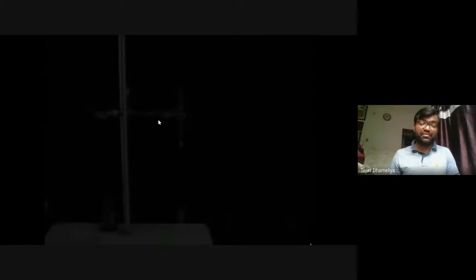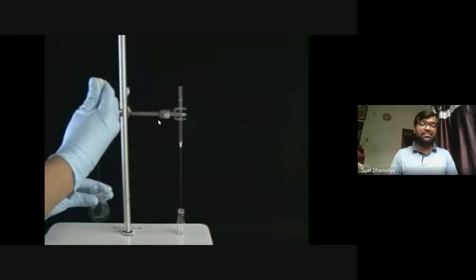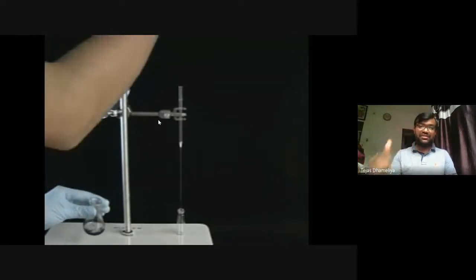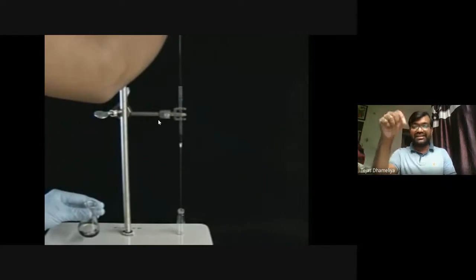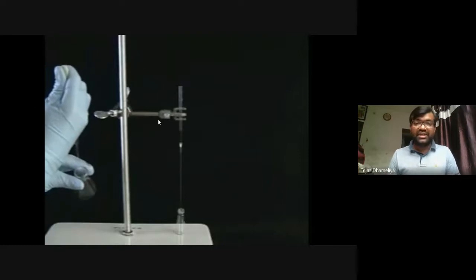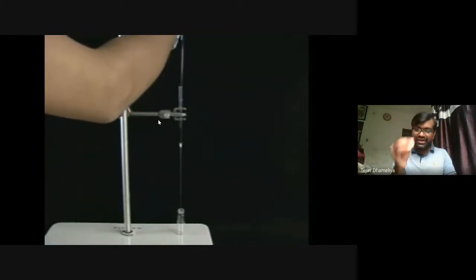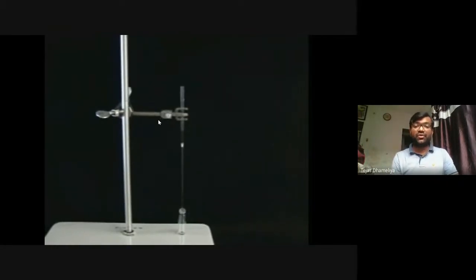For a small sample size, we can perform this microfiltration. We have to take this and shake it well. Then, with the help of cotton and some rubber bulb, we can insert it into this. So this is how it will look, and then we can do the filtration. Drop by drop filtration will occur, and that way the filtration is achieved. So this is another technique of microfiltration.